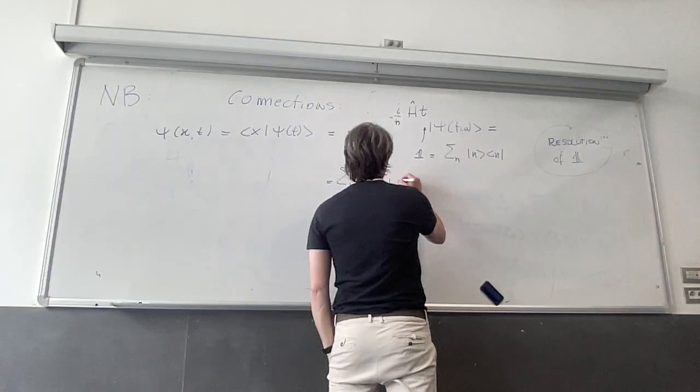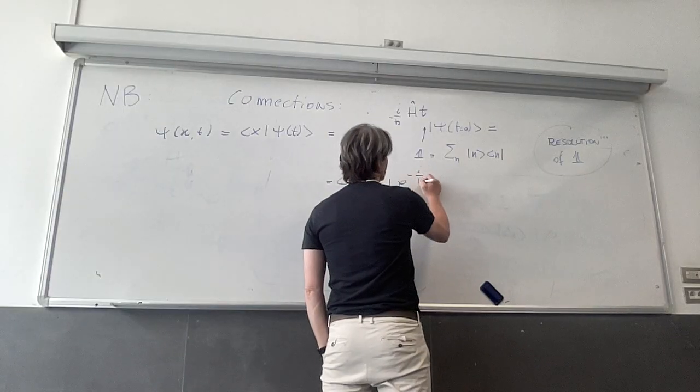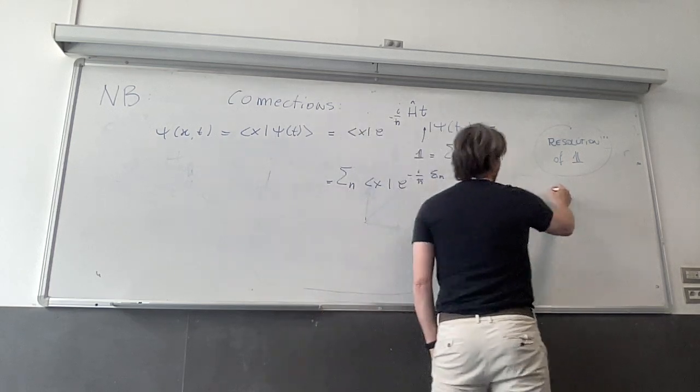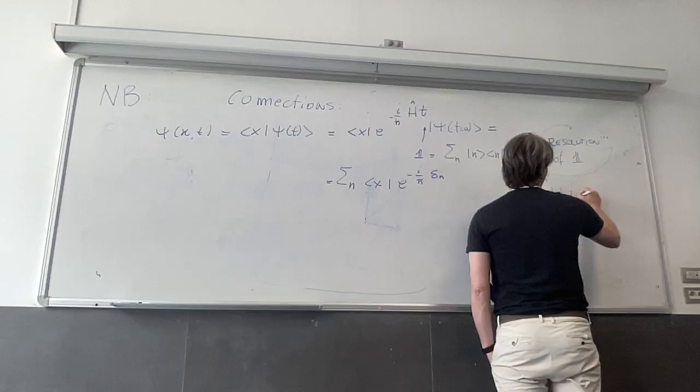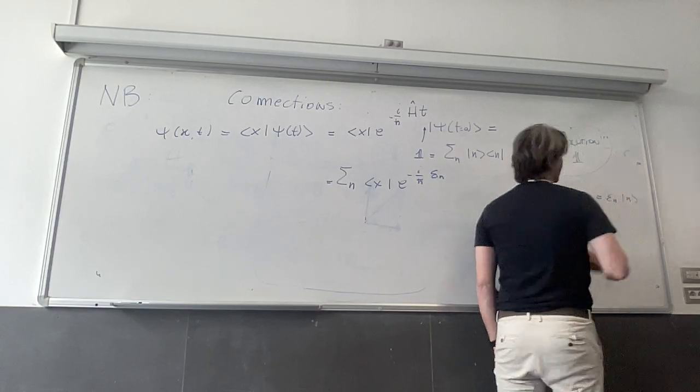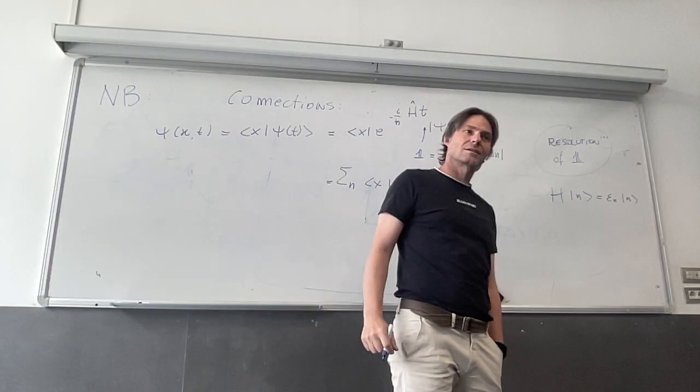So this will be e to the negative i over h bar, let's call it epsilon of n, the energies,